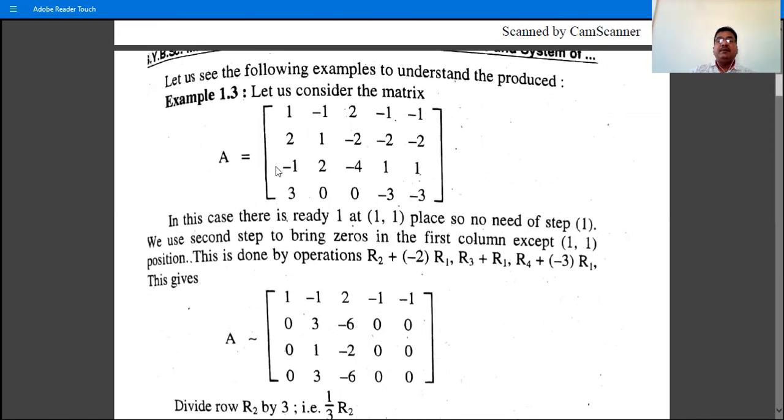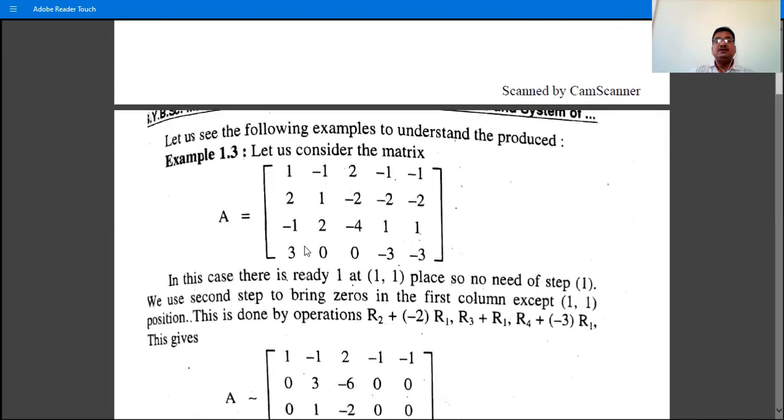If this element is 0, suppose the 11 place element is 0, then we reduce the 21 place element to 1, and then interchange the first and third rows. If all the entries in the first column are 0, then